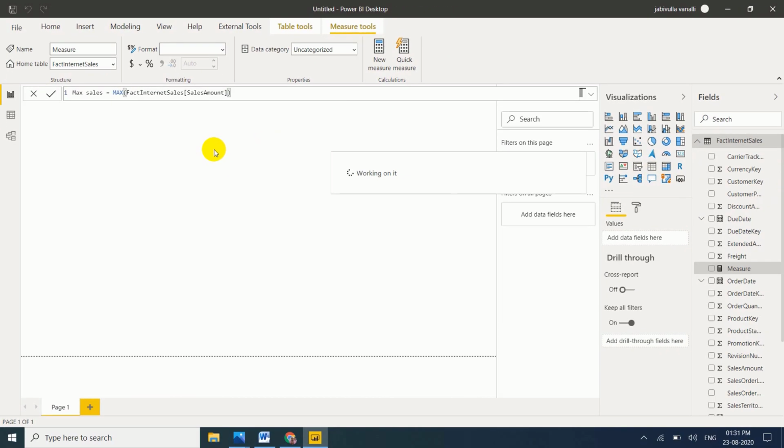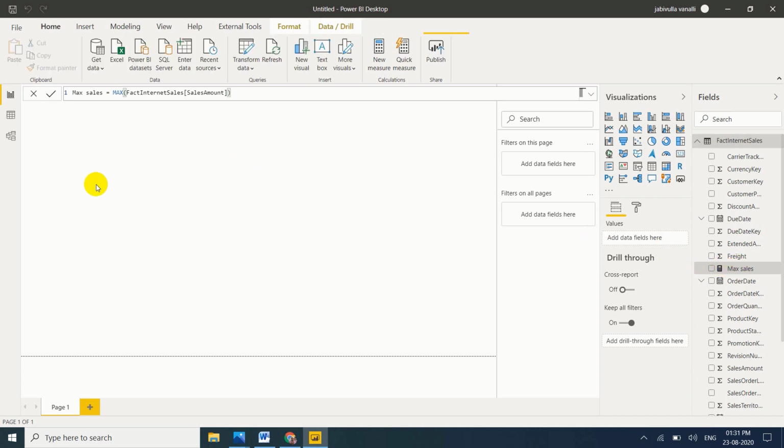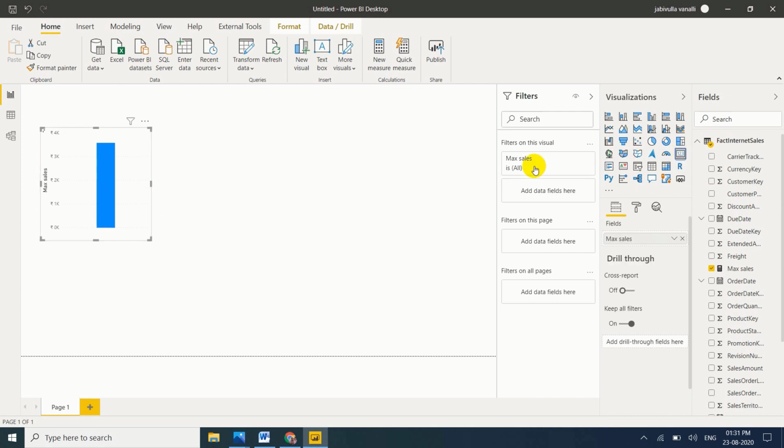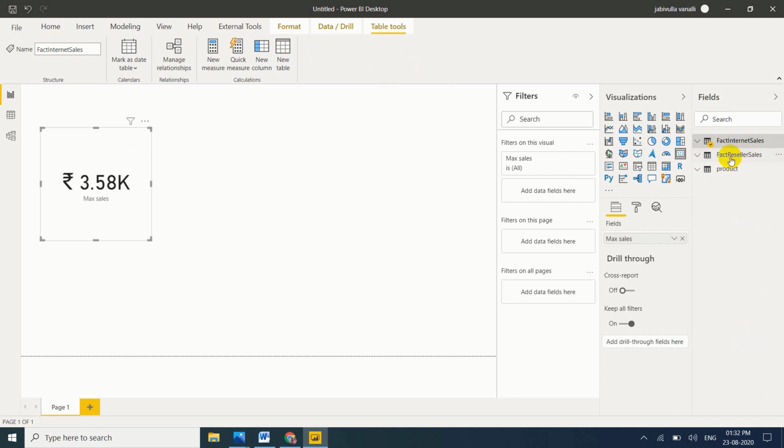Enter. Now let me drag it to report view. If you want to display the number, we need to click on the display option. Now I want to find the maximum sales amount from FactInternetSales.